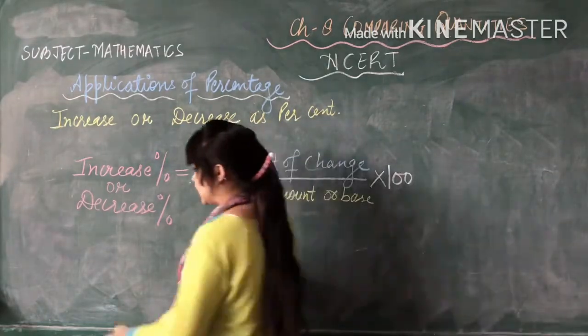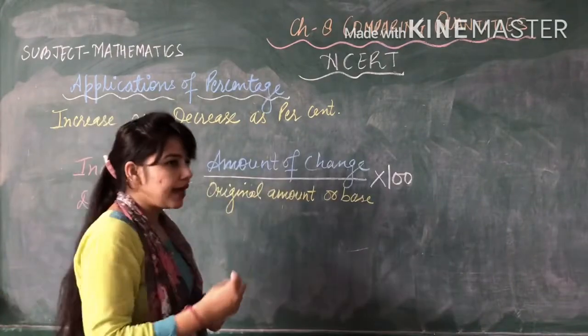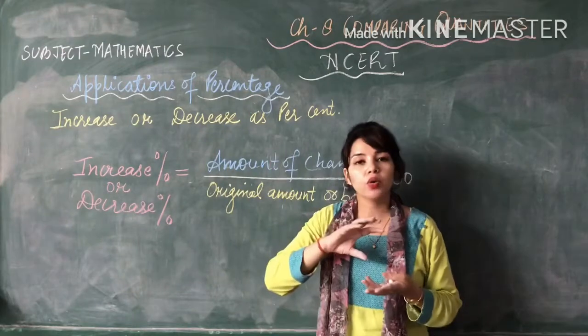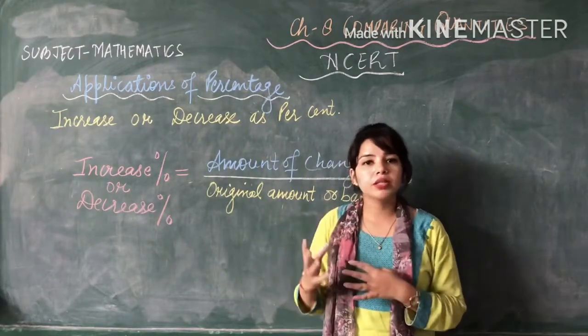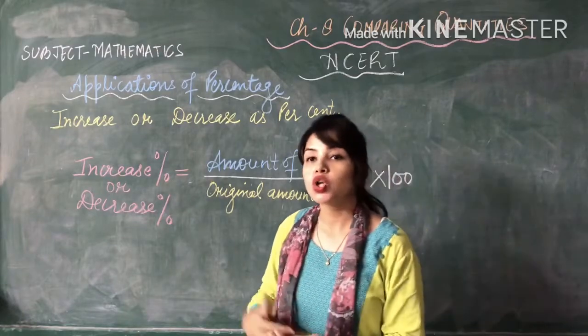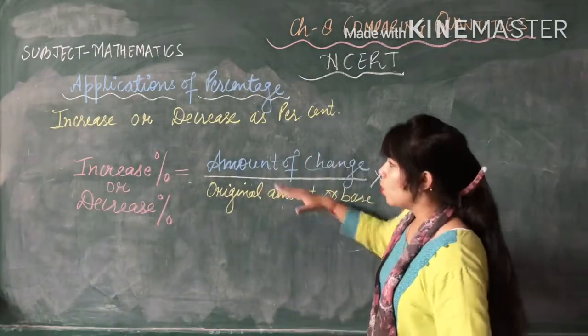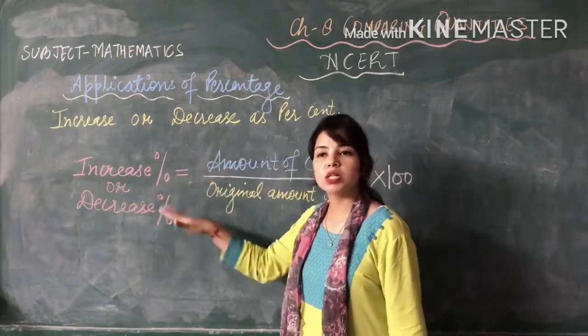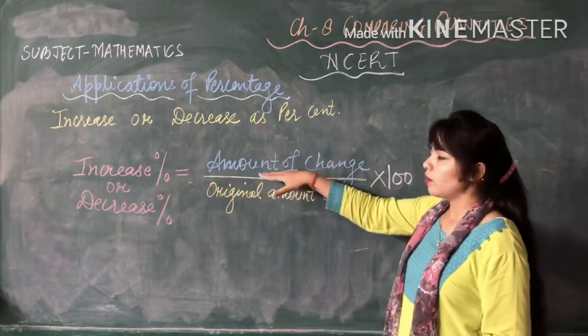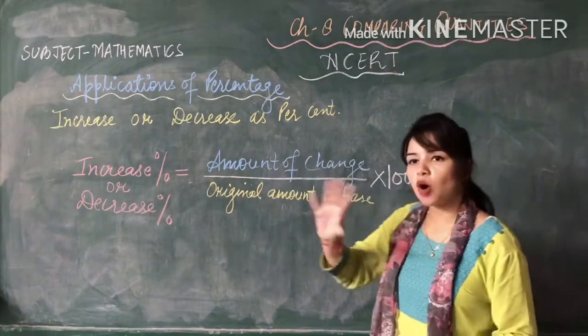Now, what does it mean? It means that the price is changed, now it is increased, or the price is decreased. Now, when you hear this like 5% is increased or 10%, it becomes easy for you to understand. So, how can we calculate how much the price is increased or decreased? For this, you will write the amount of change, how much is the change.